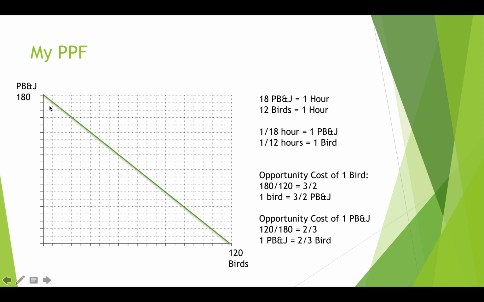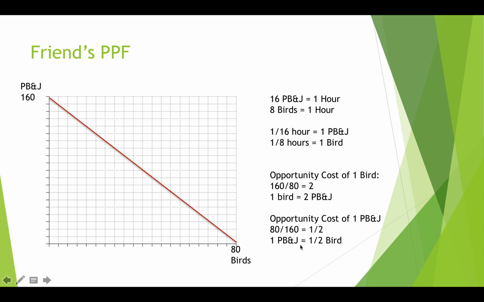So my PPF looks something like this, where I can produce 18 peanut butter and jelly sandwiches in 1 hour, or 12 birds in an hour. My opportunity cost for one bird would be: one bird equals 1.5 peanut butter and jelly sandwiches. The opportunity cost of my peanut butter and jelly sandwiches would be: one peanut butter and jelly sandwich equals 2/3